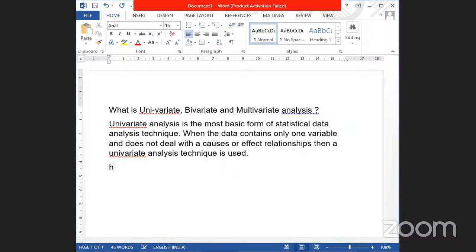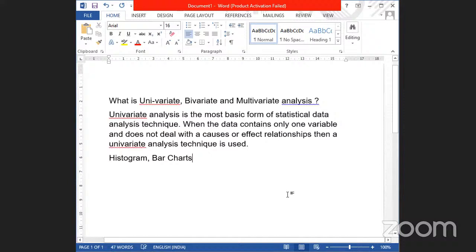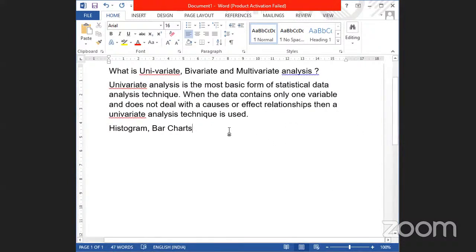Like histogram, bar chart, and others like frequency distribution table. So here for univariate, we deal with only one feature. For bivariate,